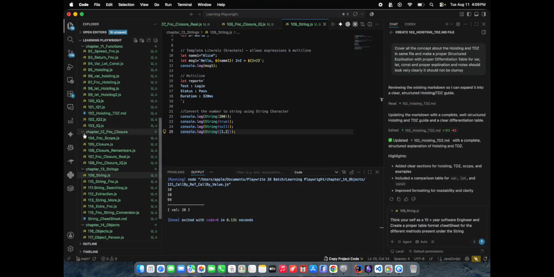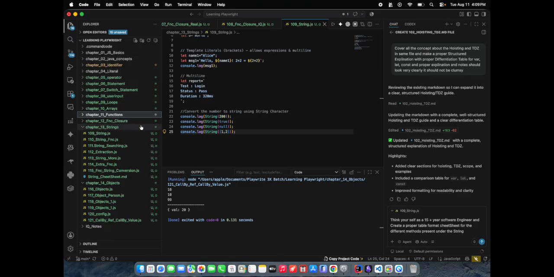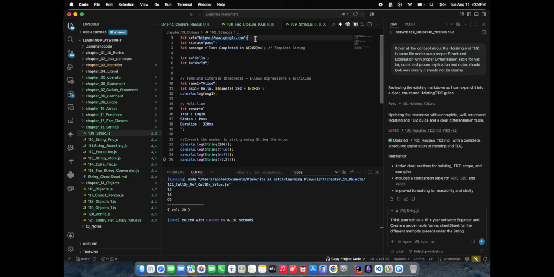A string can be a URL. Like this we can also create a string status, pass or fail. In the case of template literals, we can also have a template string. If A is hello and B is world, and you want to update that, we'll see those updating cases. We can also create a template literal inside brackets. So this is a template string.